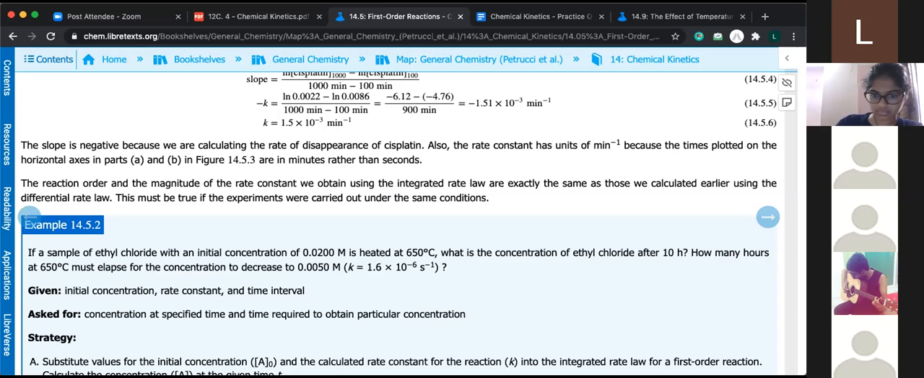What equation are you going to use? Given initial, so that's R naught. Given time for the first part, given K. And for the second part, you're given the final concentration. Okay. So